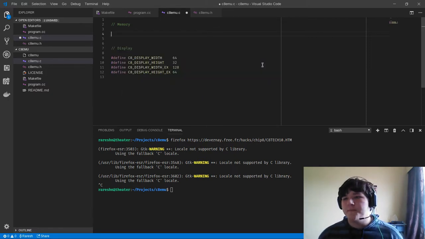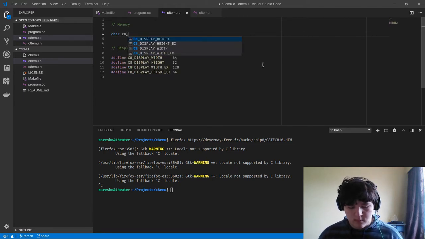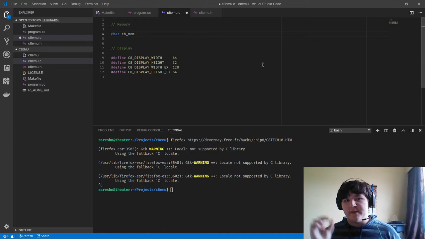So we go memory. So this would be a character array. I'm just going to prefix everything with C8. So you go C8 mem,